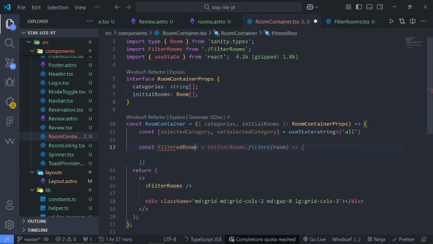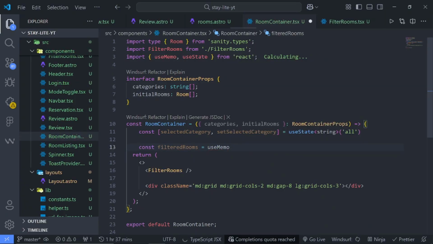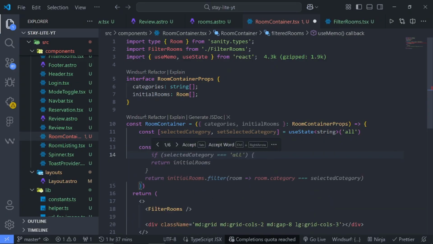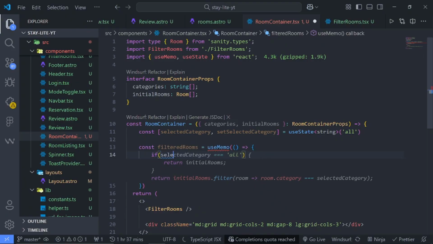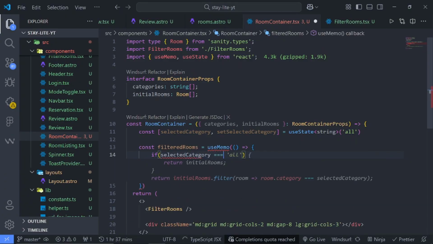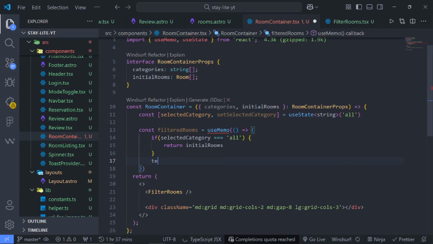Let's say filteredRooms. I will say useMemo, like so, and I'll just accept this. Okay, Windsurf is just guessing what's on my mind. So basically, let me just type this out still. So we'll say if selectedCategory is equal to all, we want to return the initialRooms, else we want to, I think I've messed this up. So we say return